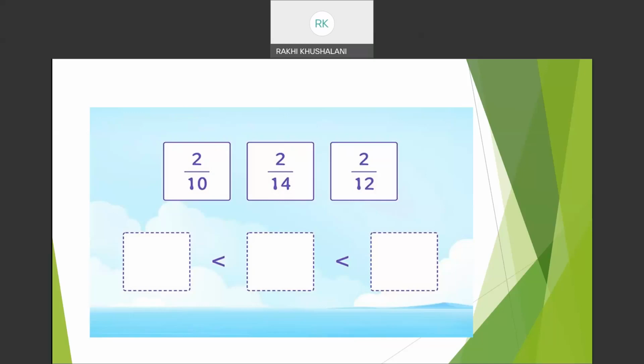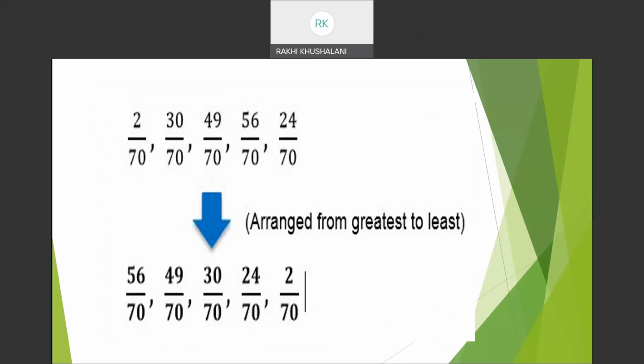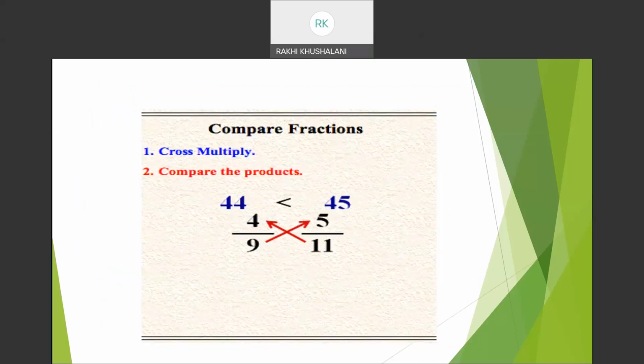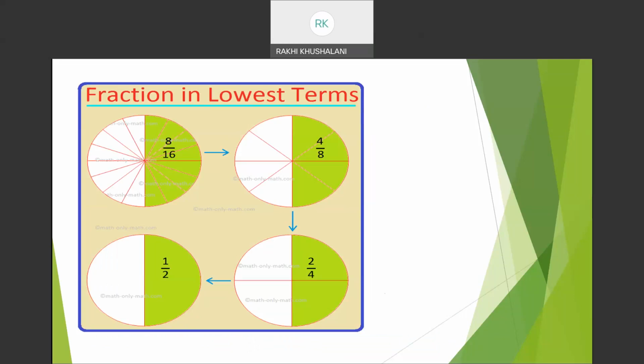Let's look a little more. Finished. And okay, so I hope the concept is clear. The bigger the denominator, the smaller the fraction. When the denominators are same, we compare the numerators and we write it in the similar order. And of course, when we have to compare two fractions where the denominators and the numerators are absolutely different, we just do the cross multiplication. And of course, we can simplify a fraction to its lowest, smallest, or reduced form.